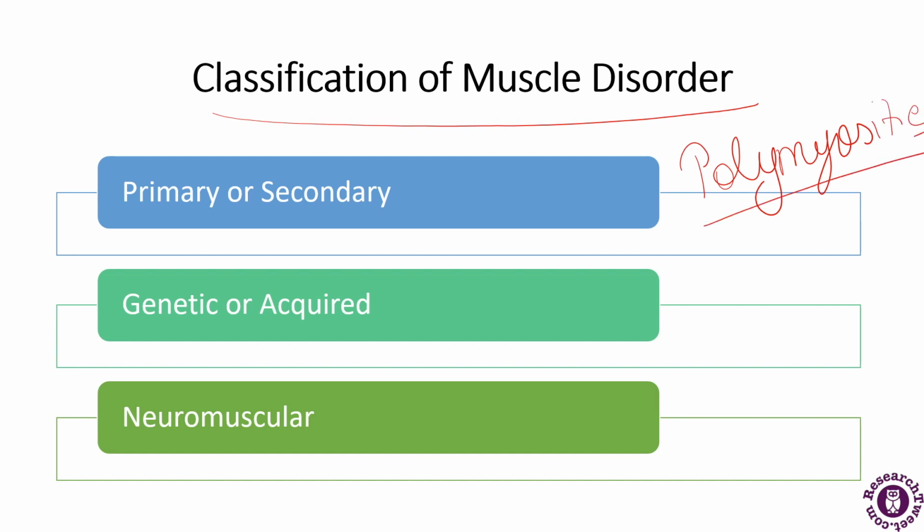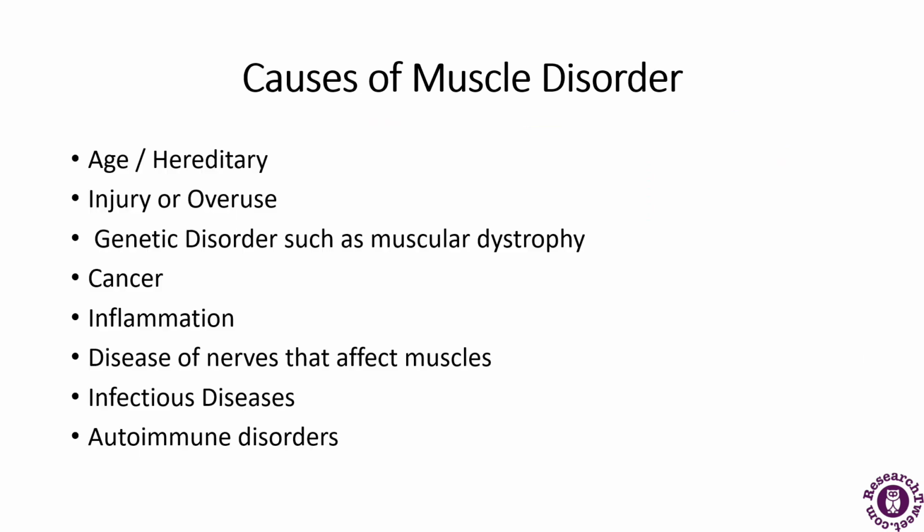and diseases that are secondary to another condition may have caused muscle damage. An example of that is diseases due to the endocrine tissues. Next is genetic and acquired, and there are neuromuscular disorders as well. Neuromuscular disorder is a general term that encompasses a large number of diseases with different presentations. So this is what neuromuscular disorder is.